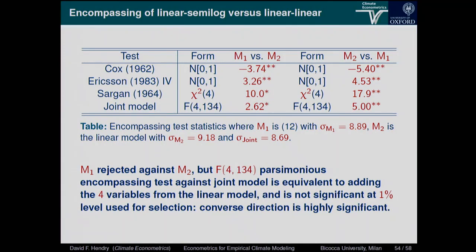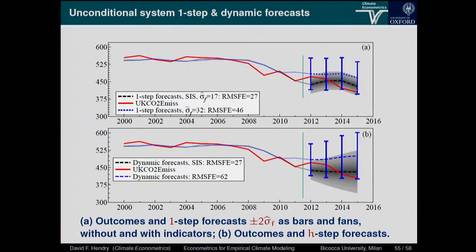And then we can do a nonlinear versus linear encompassing test. It appears to slightly reject. M1 is my current model, M2 is a model Neil Ericsson is now using to get the Fed to take climate more seriously. It looks as though it slightly rejects, but in fact, it's only rejecting at the 5% level, whereas I was selecting at 1% level. So if you put in the variables from his model into mine, they're actually not variables that would be selected by the procedure I'm using. Then we can get the one-step and dynamic forecasts out of the model.